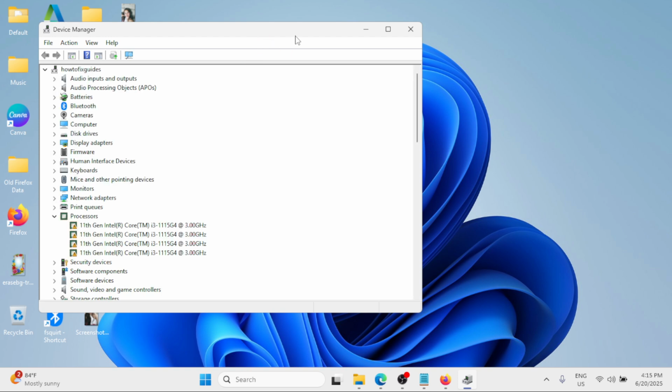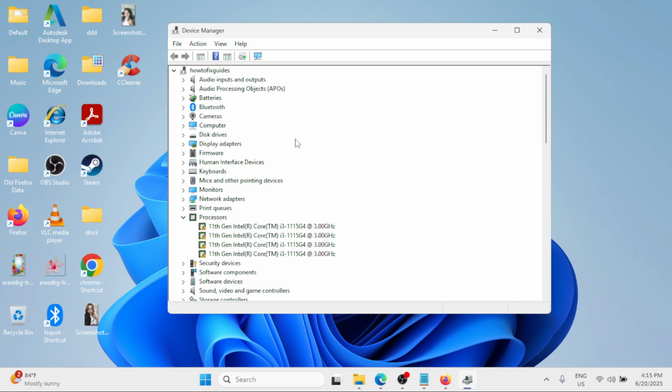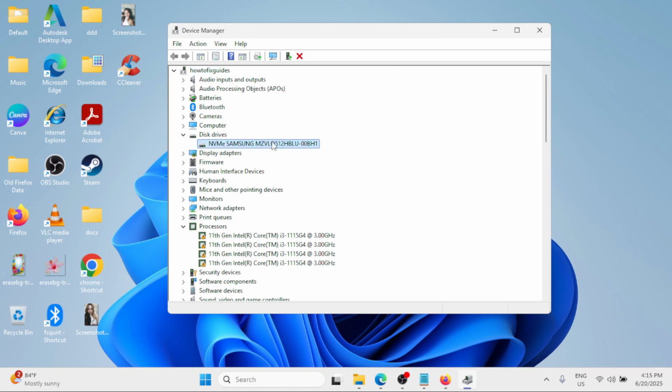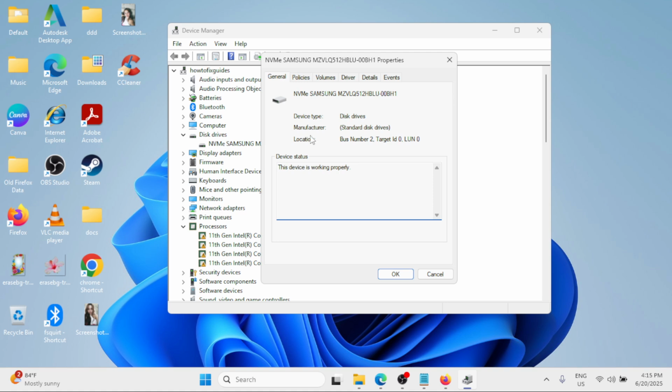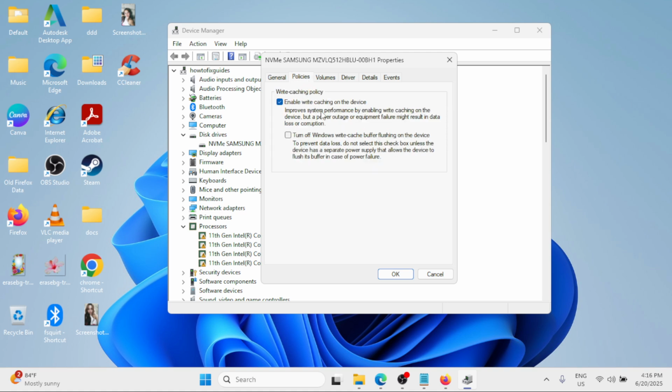Once the Device Manager window is open, simply locate the disk drives. Click on the arrow to expand the list. Then all you have to do is make a right click and go to Properties. Then go to the Policies tab, which is the second tab there, and here you'll find the option Enable write